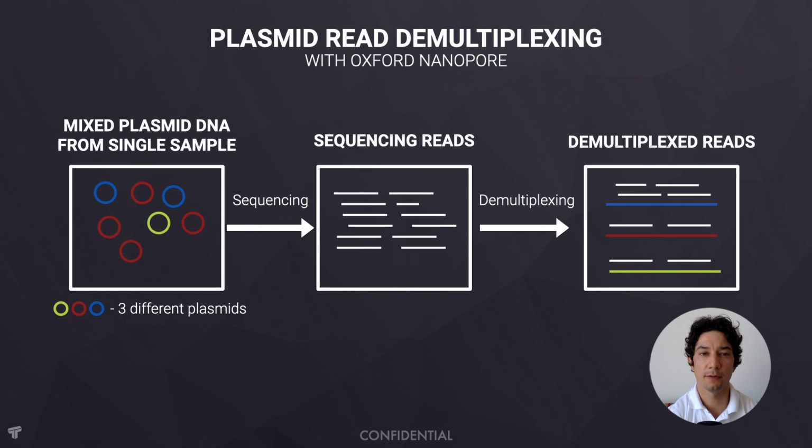So here's an overview of what we're trying to accomplish. In this case, you're starting with mixed plasmid DNA from a single sample. So the assumption here is that you've purified your plasmid DNA. And in our proof of concept study, we have 3 different plasmids in that sample. And then you're performing sequencing. And in our method, we worked with nanopore sequencing and nanopore reads. So you have obtained these reads from sequencing, but you need to demultiplex them to figure out which reads belong